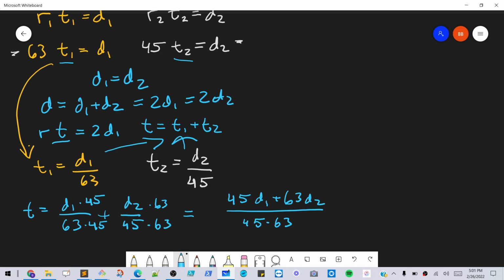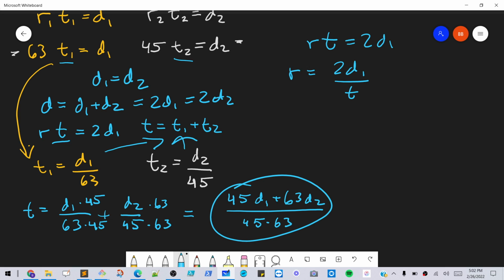And now, we have some unknowns, but going back to our formula, we're solving for r is what we really want. So we can write this as 2d1 over t, but we just found an expression for t. So we can substitute that in here. And let's see what we have. We can write this as r equals 2d1